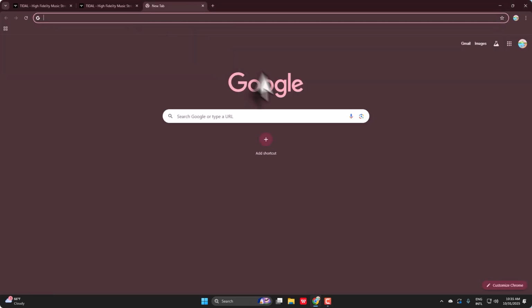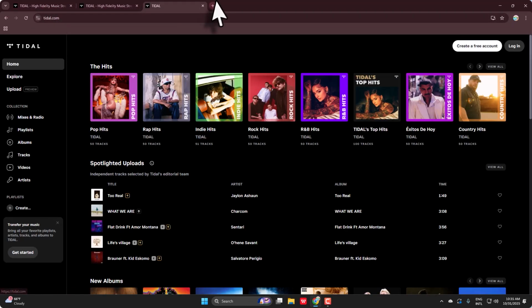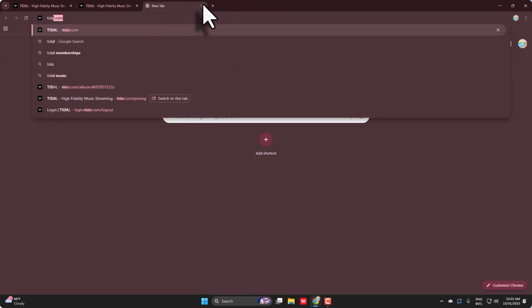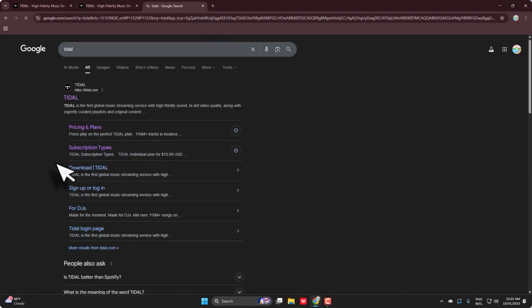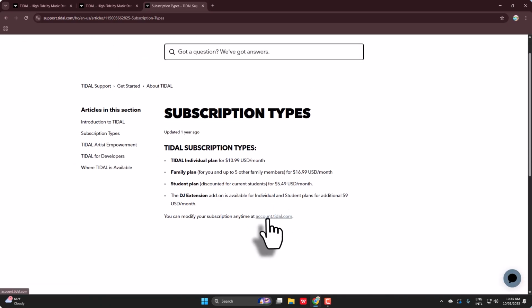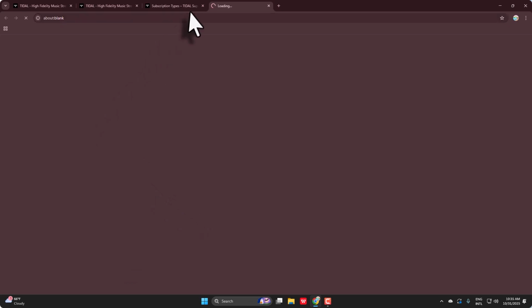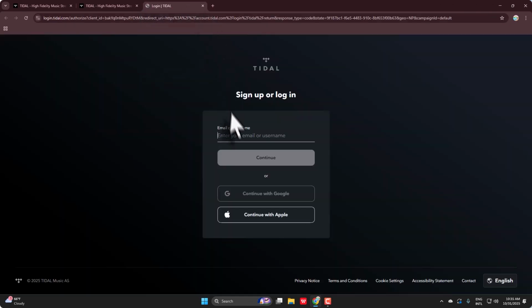First things first, simply go ahead and search for TIDAL on any browser that you prefer using. You can either go to tidal.com or you can just search for TIDAL itself. And when you search for it, as you can see, there's going to be subscription types right over here. All you need to do is simply go ahead and click on your account.tidal.com